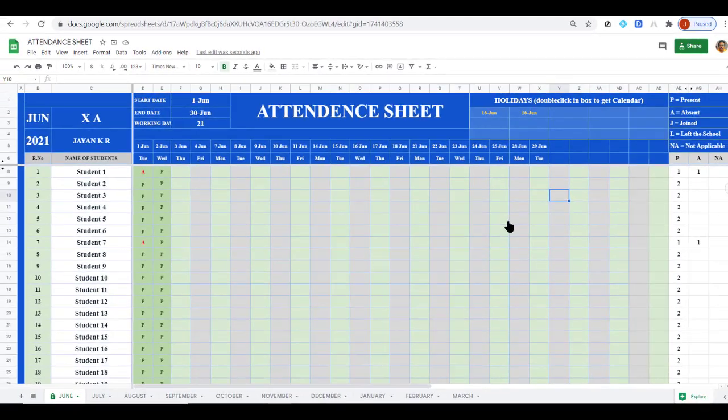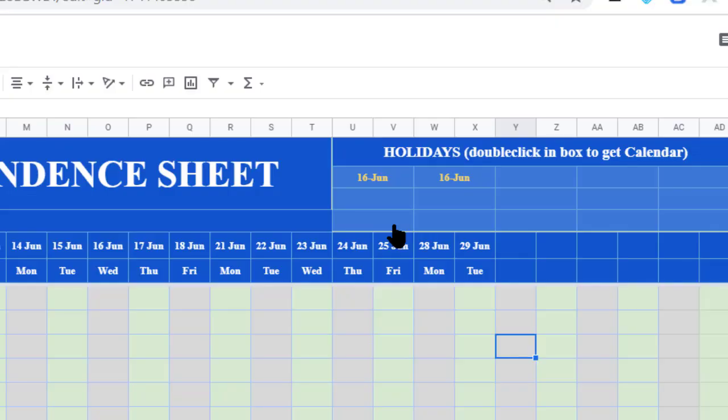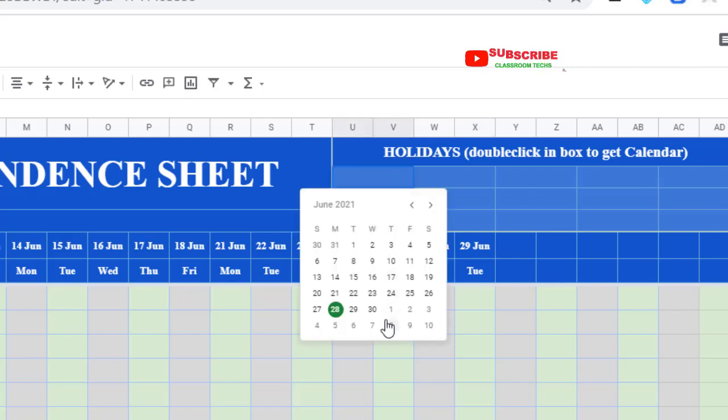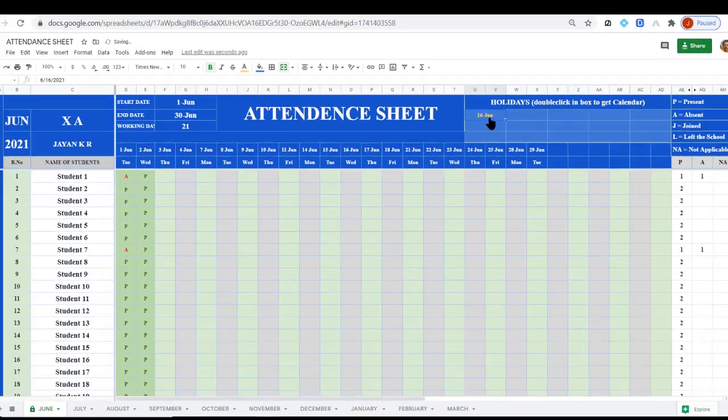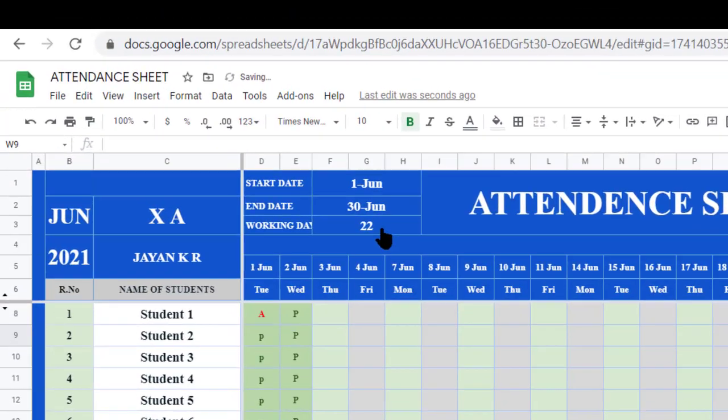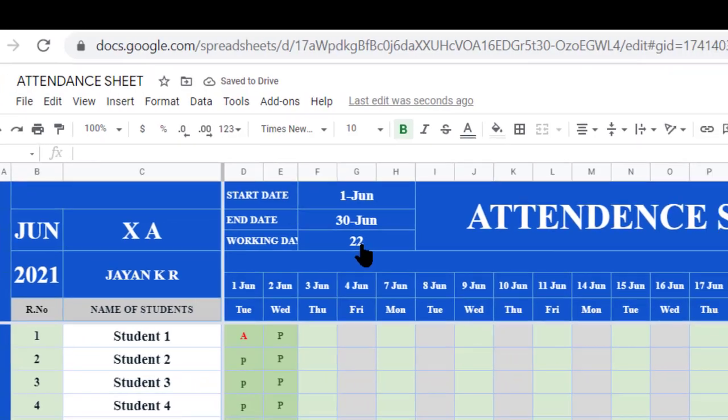Next, if any weekday other than Saturday and Sunday is a holiday, you give that date. Suppose June 16 or 17 is a holiday in this month. You double click here and select 16. Before that, I will show you: now the total working days are 22.